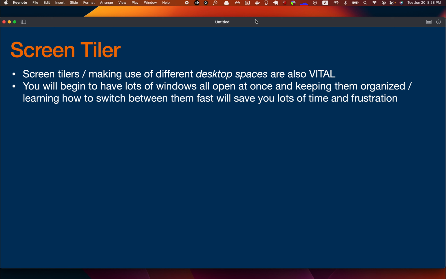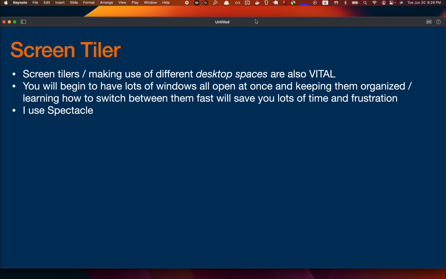So if you're one of those people that have a desktop and all your application windows are stacked messily, it's going to make your life a living hell to navigate and switch between them. And you're going to want to have multiple things open at once. You're going to want to be looking at two things at once and to easily be able to just half screen this, other half screen that. It saves you a lot of headspace and it's nice. So this is optional, but I highly suggest it. It's also very easy to set up.